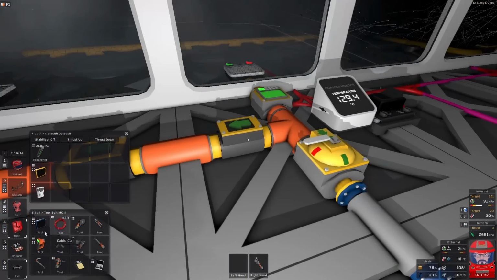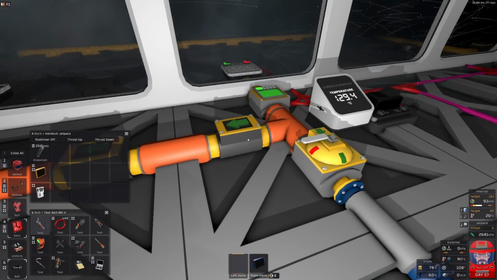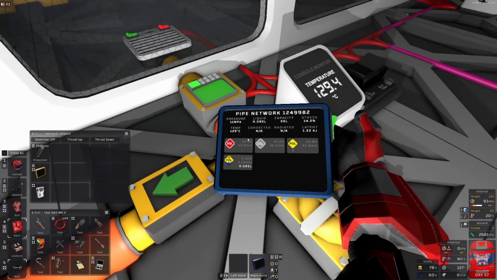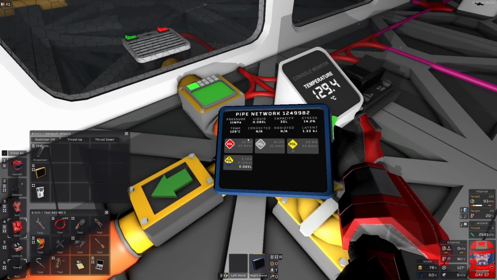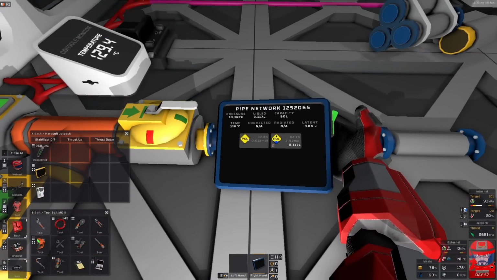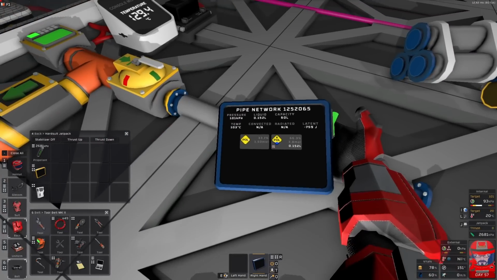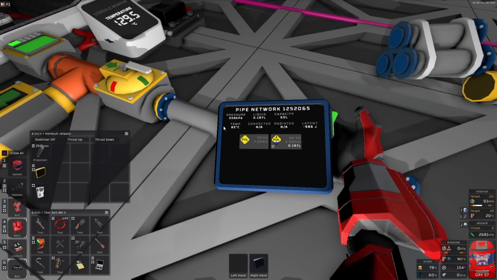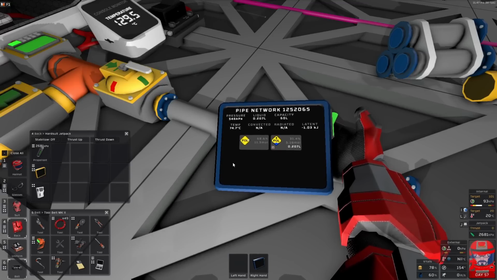So now we have our liquid coming in at 129 degrees there. If we allow it to come into here, it will immediately evaporate. And wow, we are dropping down. Once again, it will continue to evaporate until it reaches the equilibrium pressure there,